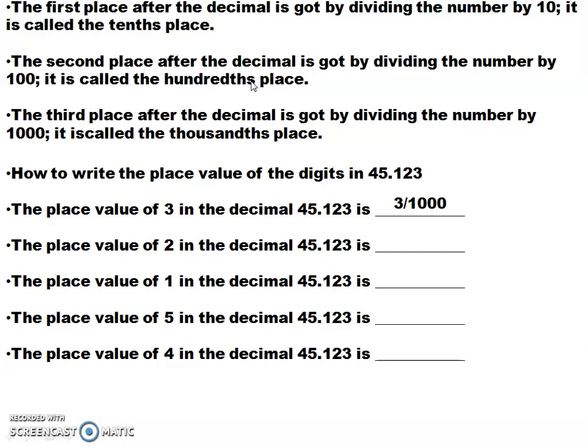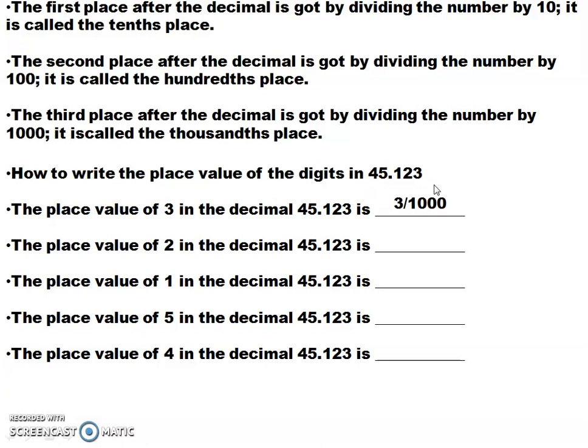The TH is there. Don't miss out. The third place after the decimal is got by dividing the number by 1000. That is why it is called the thousandth place. Now we'll see how to write the place value of the digits in